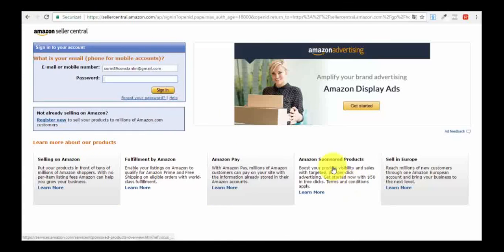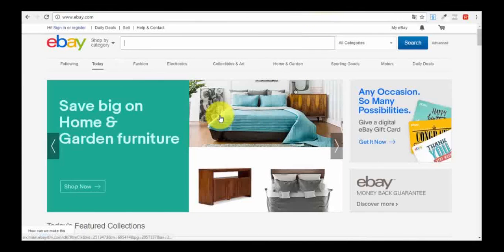Very similar to what you can do on Amazon is eBay. You can go to eBay. You probably already know it's a huge marketplace. You have to create an account. You'll have selling options in your account, and after you apply to become an eBay seller, you can start to create listings. You have a maximum of 10 listings in the beginning. Afterwards, after a certain number of transactions and a certain amount of money which went through your account, you are able to list more products. But in the beginning, just create an account on eBay. You will see that you have the possibility to sell after you create your account, and you just apply for that selling account.